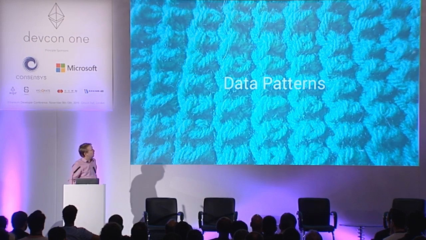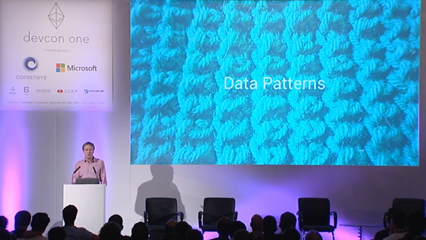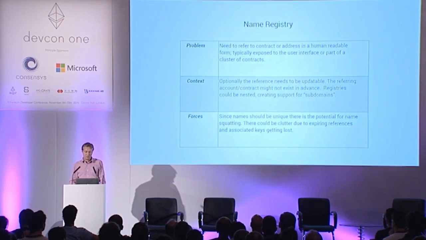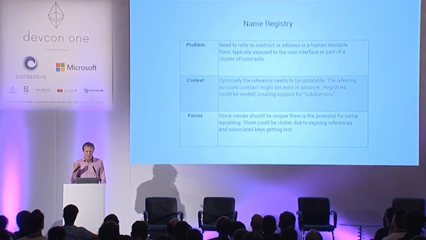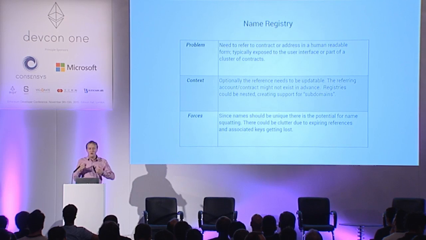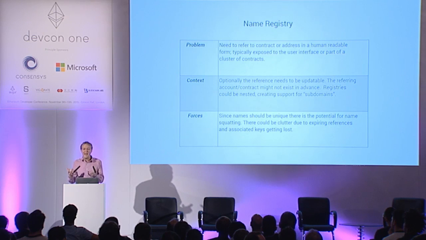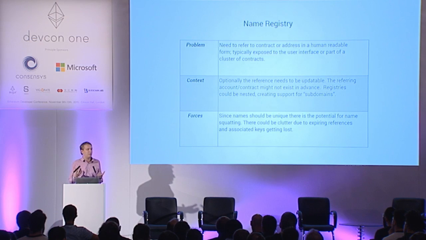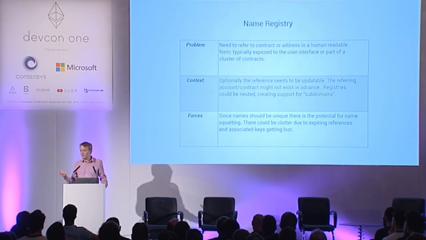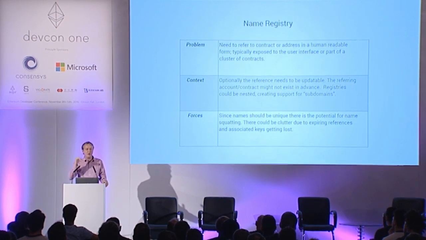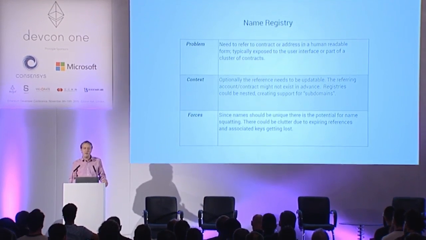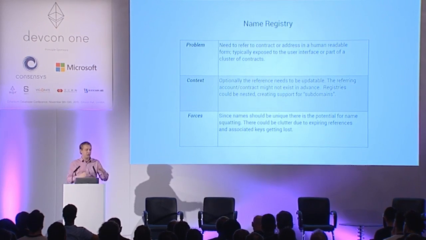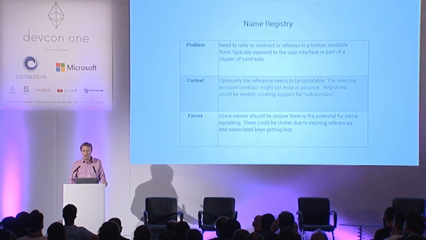So first of all, the data patterns, two examples. The first one is the name registry. You need this if you are looking for a human readable name for an Ethereum address, and you might need this human readable name because you want to display it in your user interface. Maybe you have a wallet application and you want to show the person that you're transferring something to, or you have a game and you want to show the nickname of the person that was just winning your contest, or